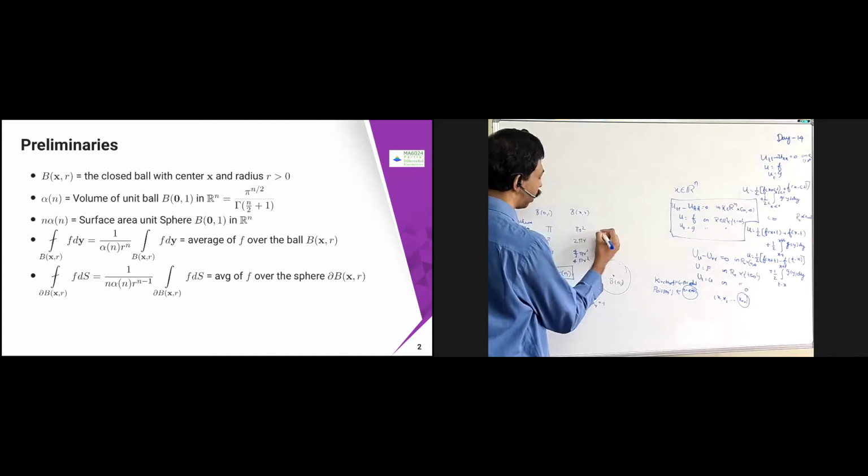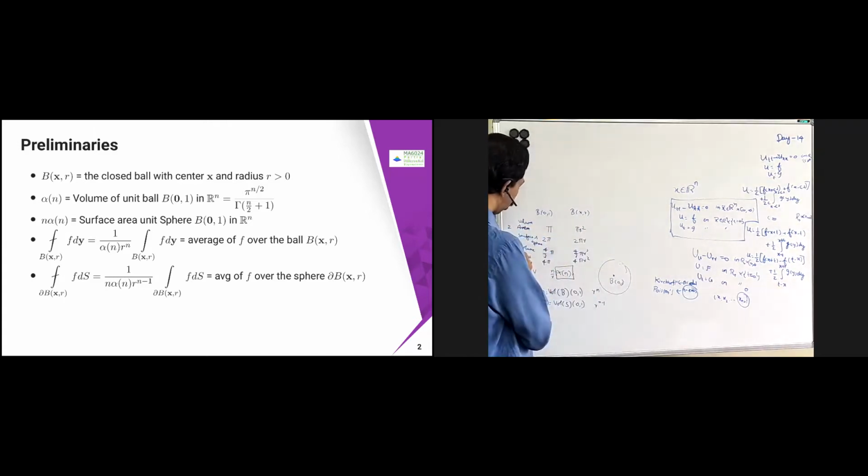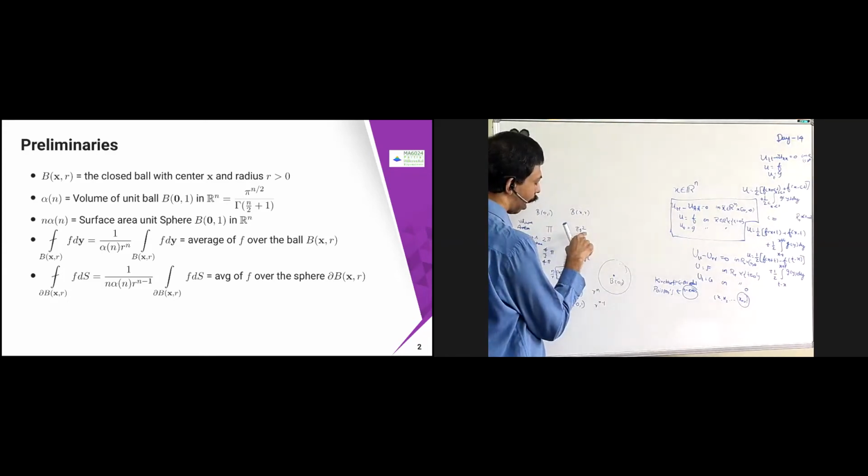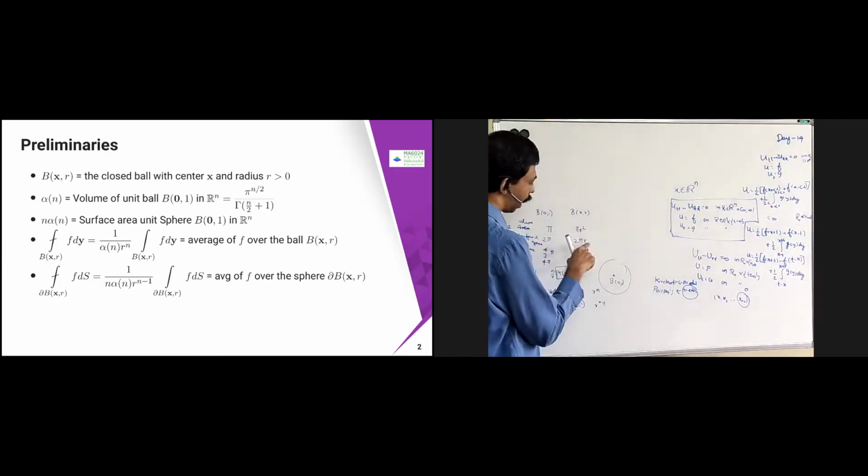So if you see this, the relation is that wherever you go for the sphere also, if you go for a ball, the volume is nothing but 4 by 3 pi r cube, whereas surface area is nothing but 4 pi r square. So if you see the settings here, when the dimension is 2, in the volume there will be r power 2. In surface area, it will be r power 1, 1 less than whatever you have here. Same way here, 4 by 3 pi r cube. So you can see the 3 here, and here it will be 2.